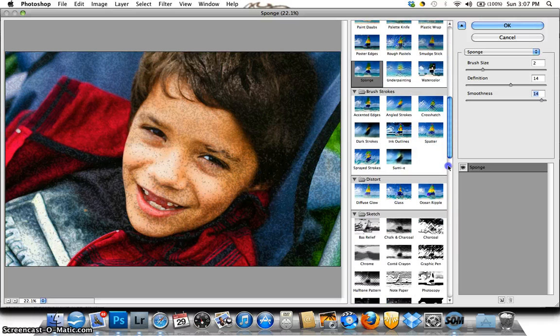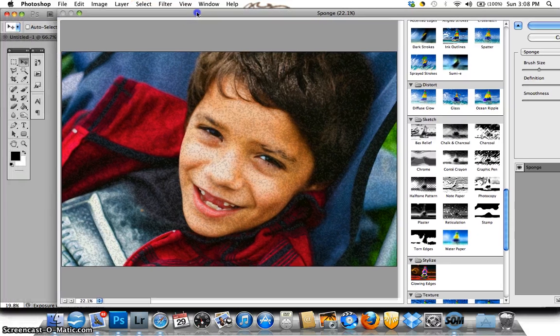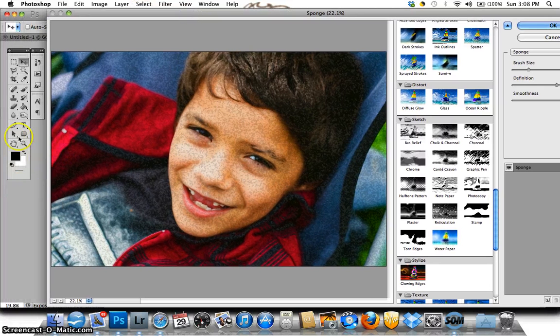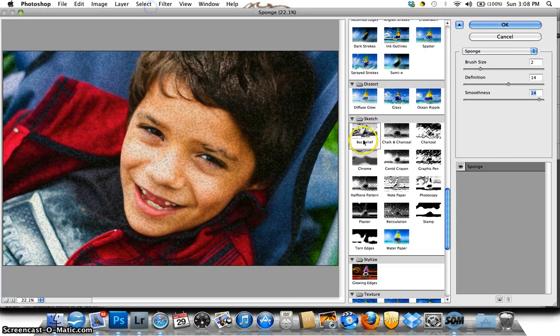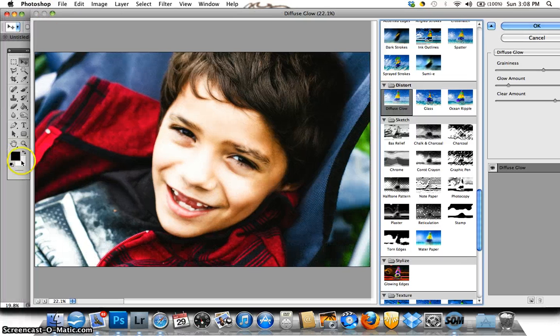I guess one other thing that's worth noting is once you're in the filters gallery, there are some of these filters that will automatically use the colors that you have from your background and foreground over here off to the left here on the options palette there. For example, if I were to look at this diffuse glow, it's going to take that white,